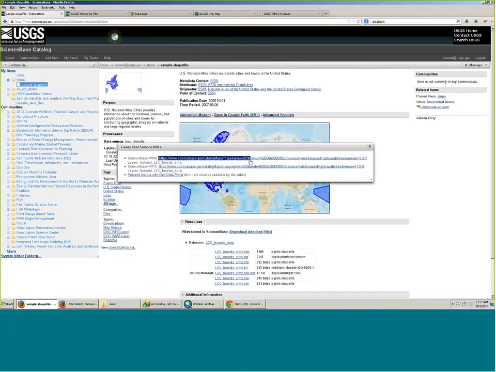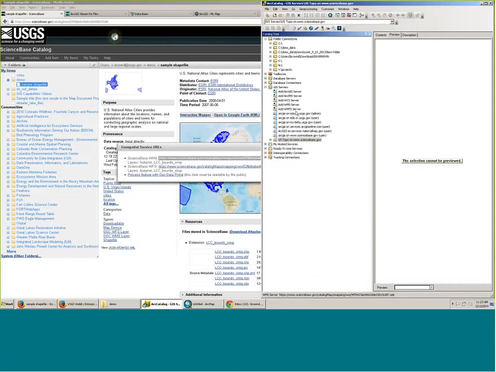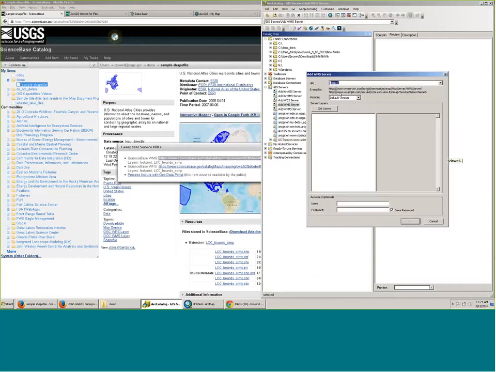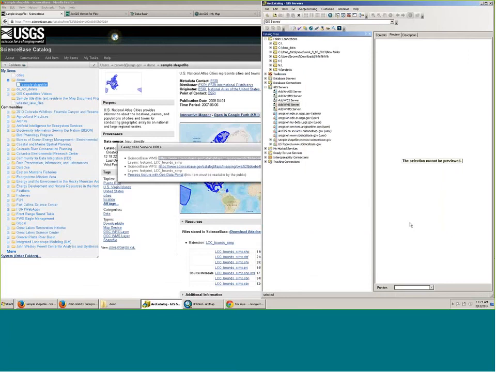One way to consume this service is to copy the URL. You can go into an ArcCatalog session. You can say you want to add a WMS server. You paste in the URL. You see the layers in that WMS service. Click OK, and you can drill down and see your data right in the ArcGIS client,